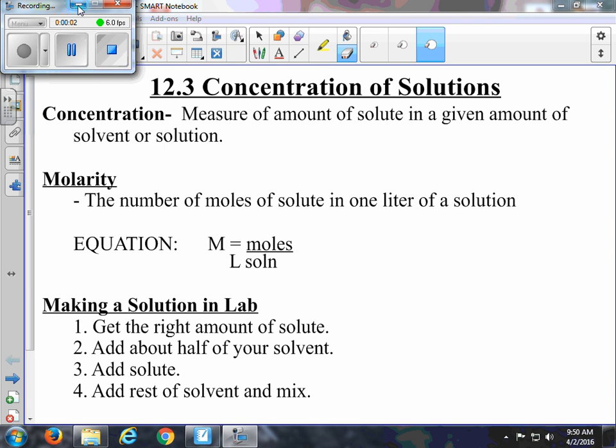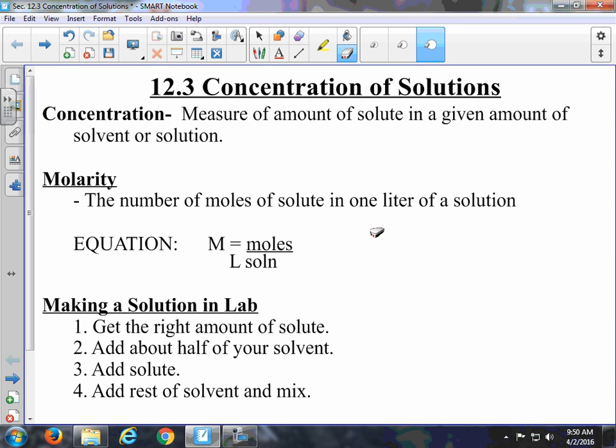Welcome to section 12.3 in chemistry. I know it's a little backwards. We skipped 12.2. We're going to go over 12.2 in class tomorrow. What we're going to do is 12.3 today, and 12.3 is kind of math-based, and we're going to focus on